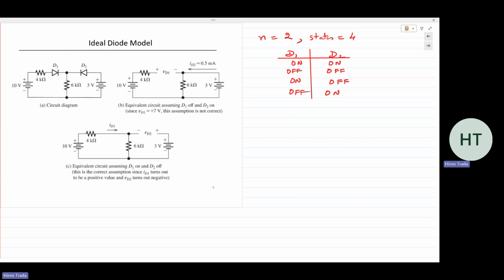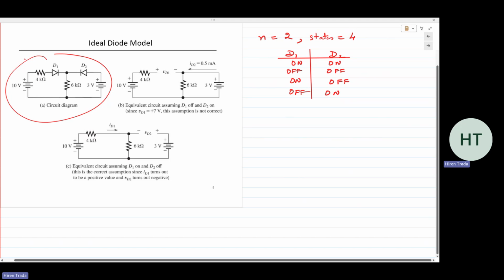Looking at the circuit diagram logically, just look at circuit diagram A. What do you think is the most logical assumption based on the values of the voltage sources and the circuit layout? We have 10 volts applied to the anode of this diode and 3 volts applied to the anode of this diode. If we solely look at the anodes of the diodes, the anode is at a higher level than the cathode, so perhaps both of them could be on. But then we see that 10 volts is more than 3